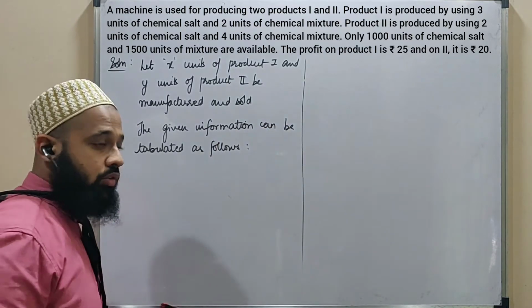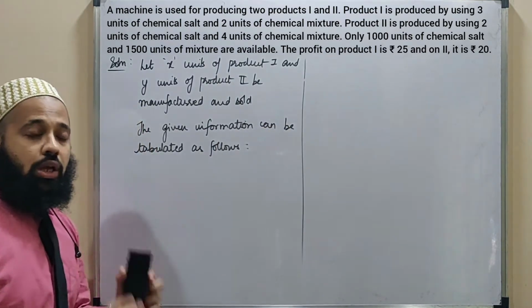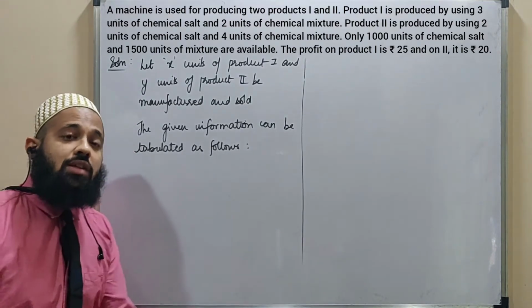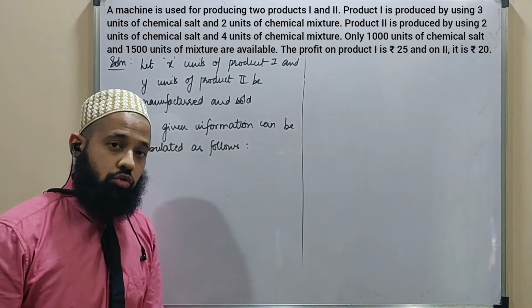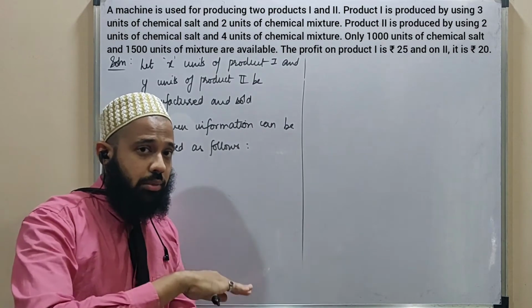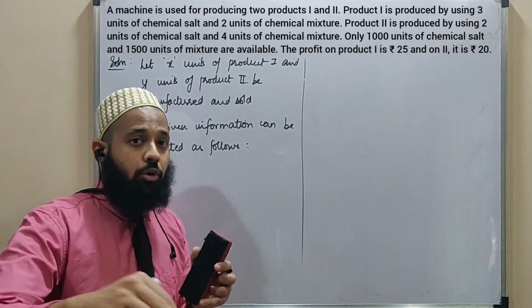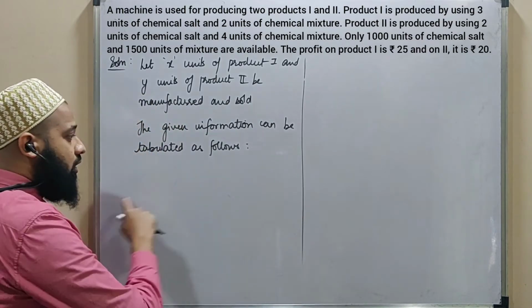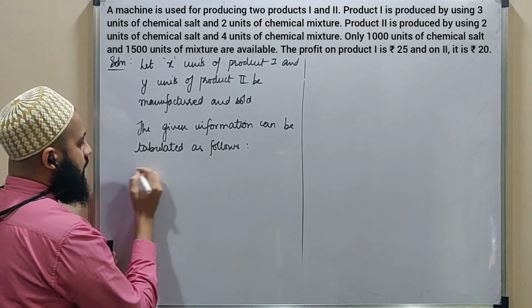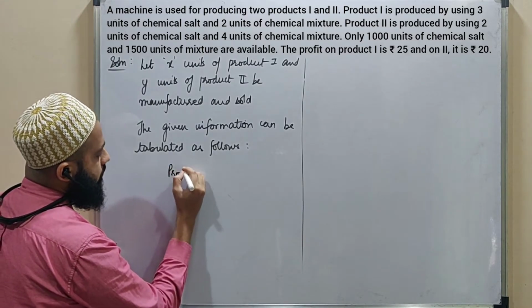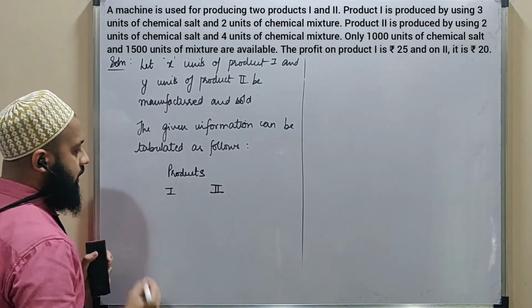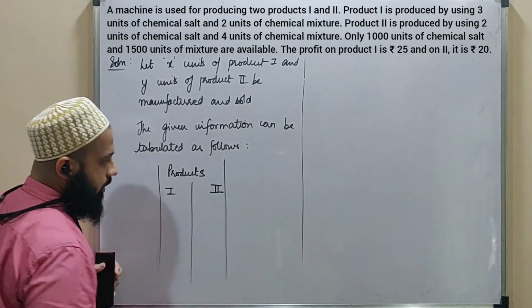The idea here is you create a matrix, you create a table in which your X and Y will always become columns, and the constraints via which they pass will become the rows, because those are the conditions through which the product is to pass. Product 1 requires chemical salt, it requires chemical mixture. These are two things via which product 1 will pass. So they will form your constraints, so they will be the rows, and X and Y are going to be a column. So this is how you write it. You write here product 1, or you write just products, you write 1, you write 2 here, right, and that is your column creation.